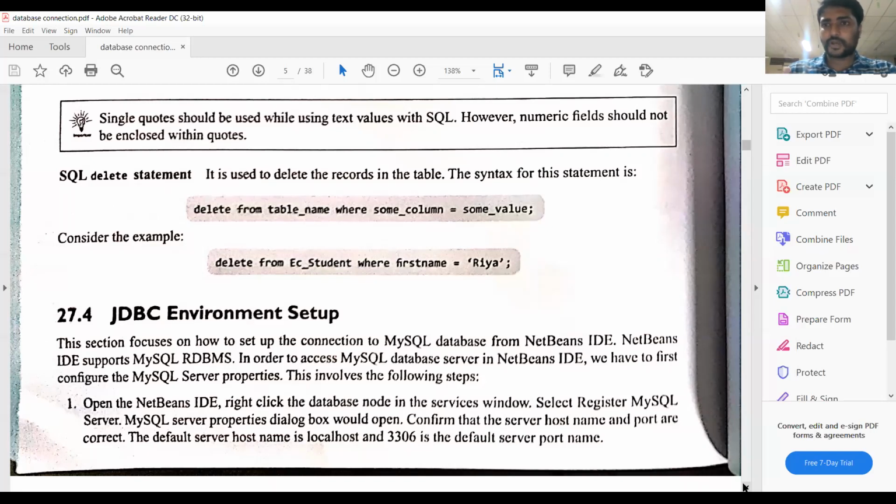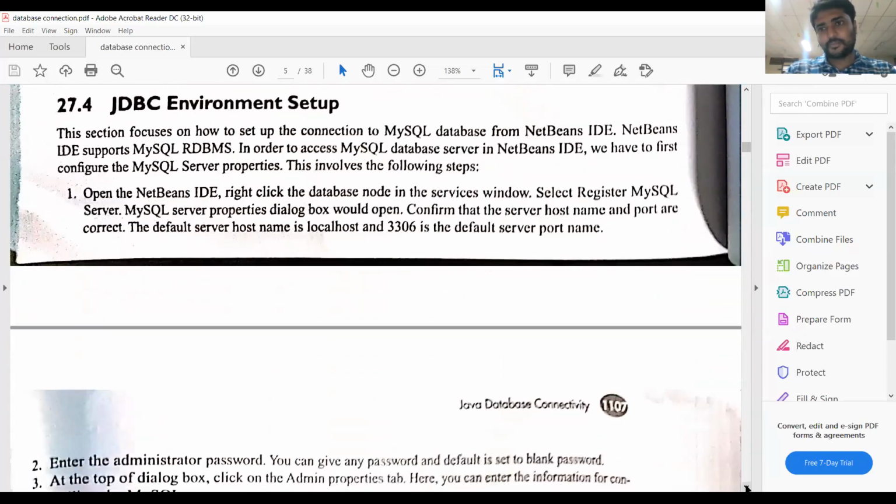That jar file path we have to update in the class path, as another environment variable. So the class path value is the path of the JDBC driver .jar file. We have to update that path. Then only the connection will be established. So this is the JDBC environment setup.